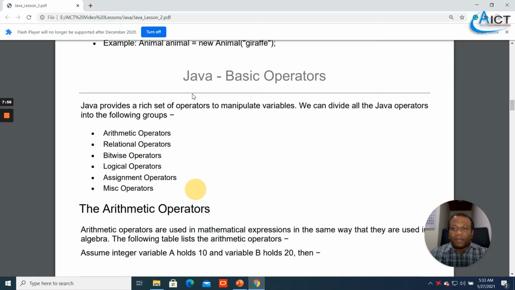To manipulate that, we have 6 operators: arithmetic operators, relational operators, bitwise operators, logical operators, assignment operators, and misc operators. In this lesson we are going to learn arithmetic operators, relational operators, and logical operators. The other 3 we will learn in another lesson.